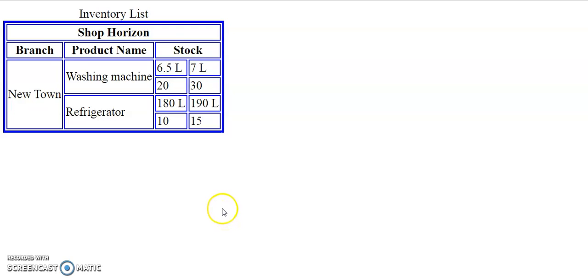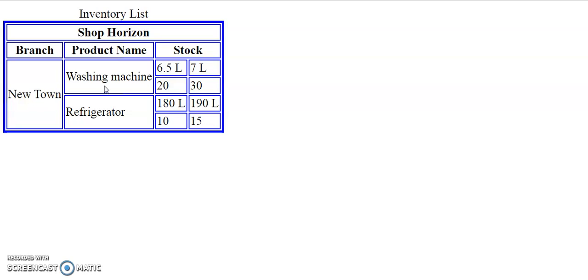Now, as you can see, your table is wide enough to just fit the content, meaning the table cells will automatically adjust their width according to the content inside. But there is no extra space between the cell border and your content. It makes the table look a little bit congested.